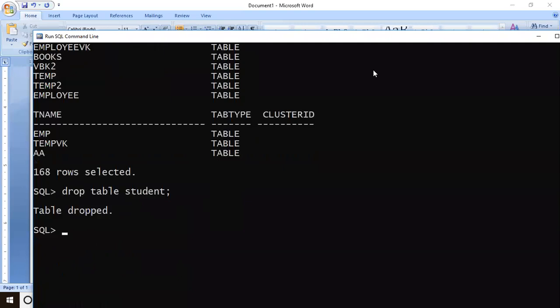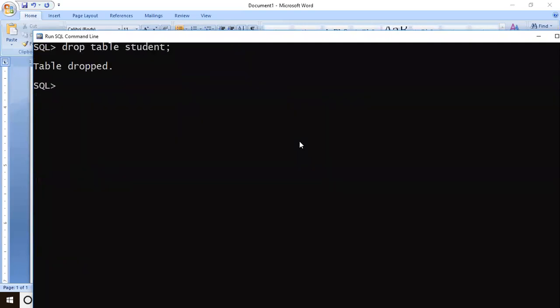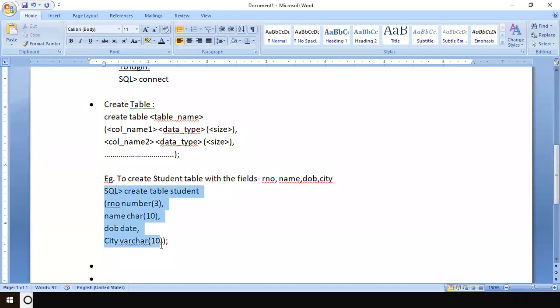Okay, now it will allow. So I will copy this command. Of course, I'm not supposed to copy that SQL prompt.